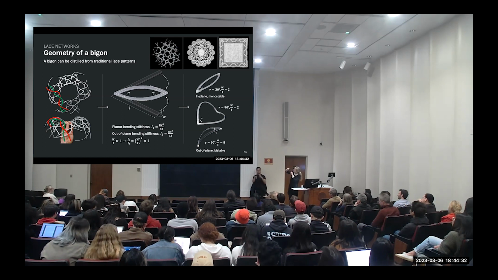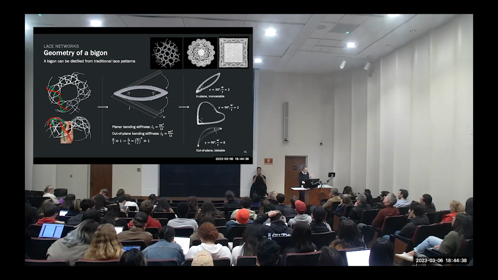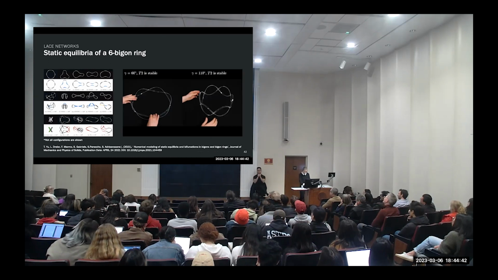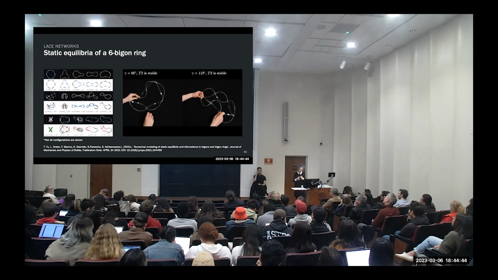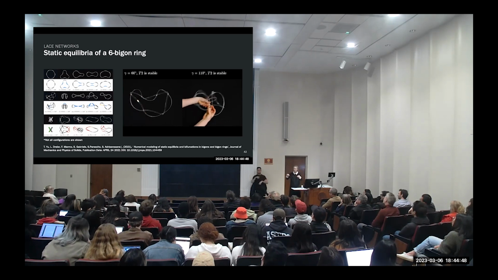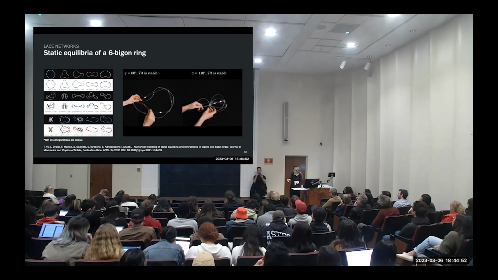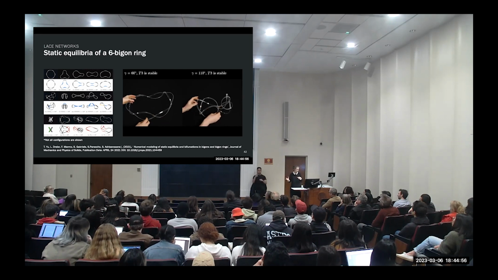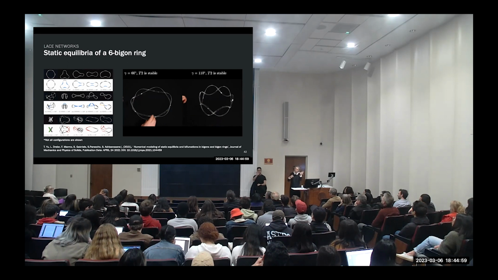And also, if you make the ratio between the thickness and the width very large, then they also buckle out of plane. So then we started putting these things together in rings. And we found that if you put a number of what we call these bigons together, you can actually create many different flexible shapes. We call these bistable shapes. That means that this shape can be stable in many different configurations.